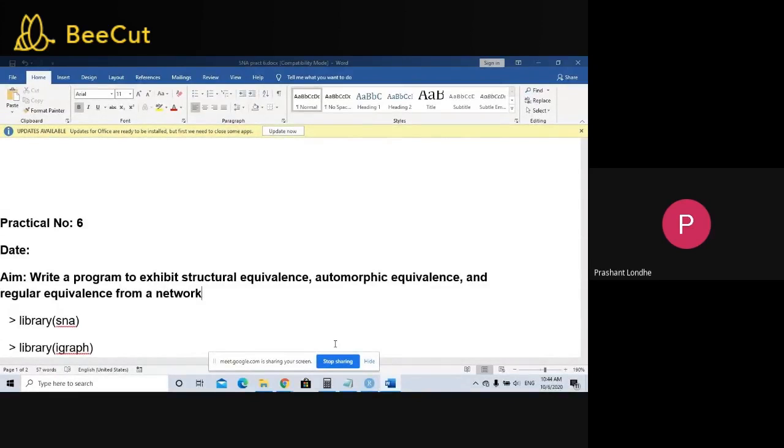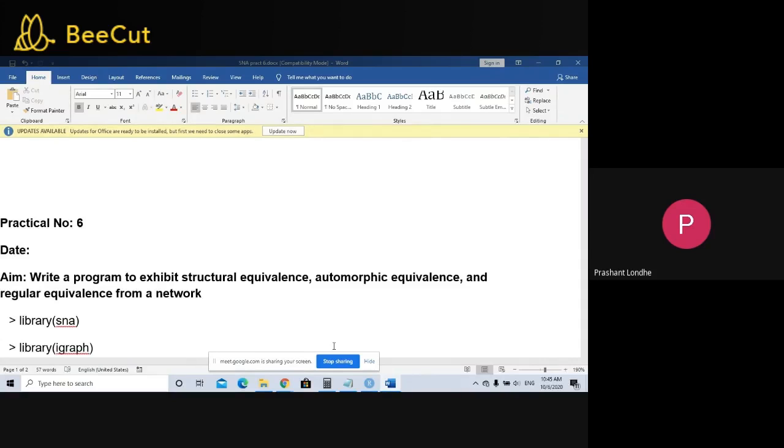In automorphic equivalence, if they belong to the same title or the same label, it is referred to as automorphic equivalence. For example, there are MSc students, and the MSc students are under the Master of Science category. All the MSc students come under one category, that is PG students. Even MS students come under the same category, PG. So they both are under one label, that is PG. That is referred to as automorphic equivalence.